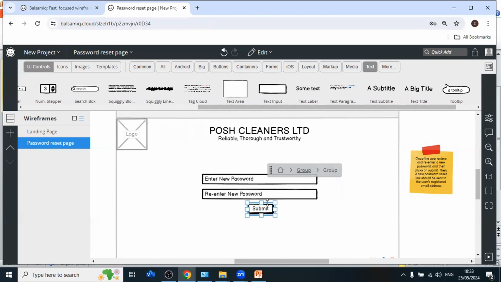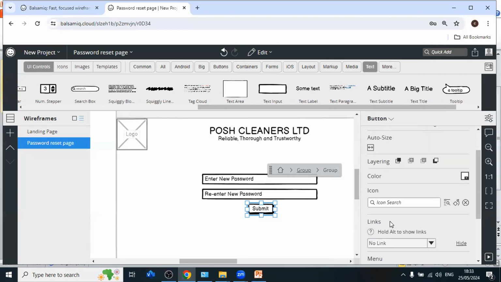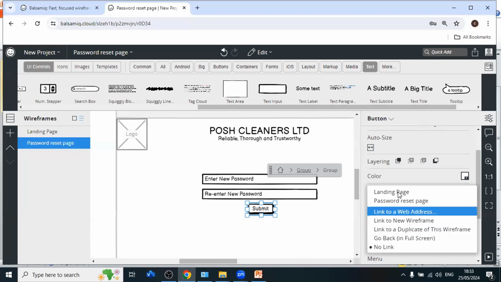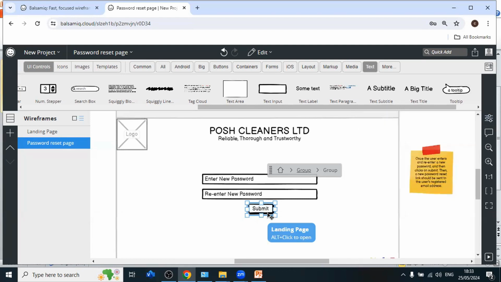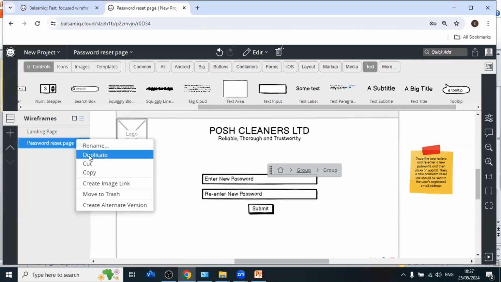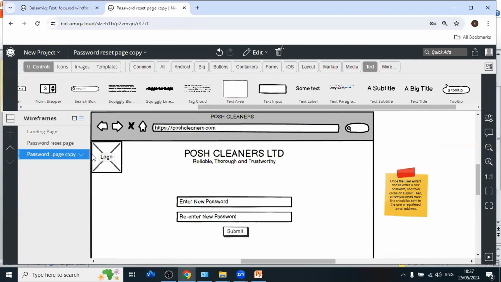Is that okay? So you can click on the properties, come to link, and then let's say link it to the landing page. Okay. Normally, once you click on submit, you receive the password reset email in your email. You receive it. Okay, so we're going to duplicate this and we can rename it to, let's say, home